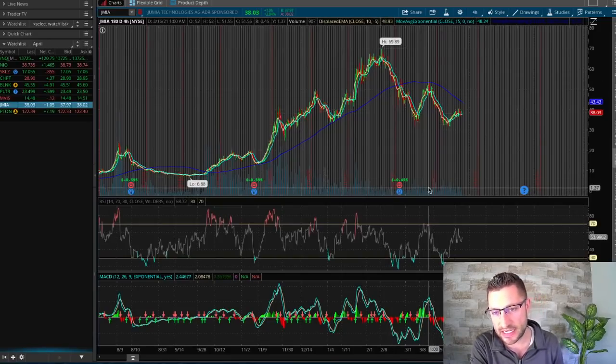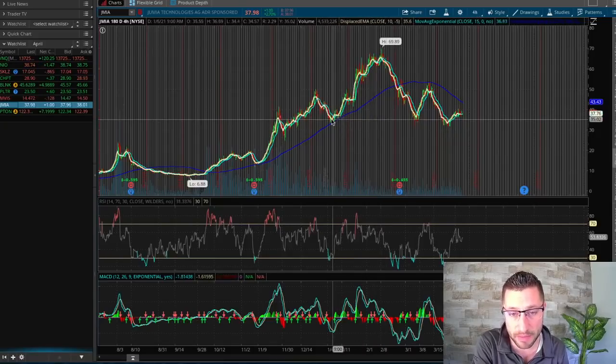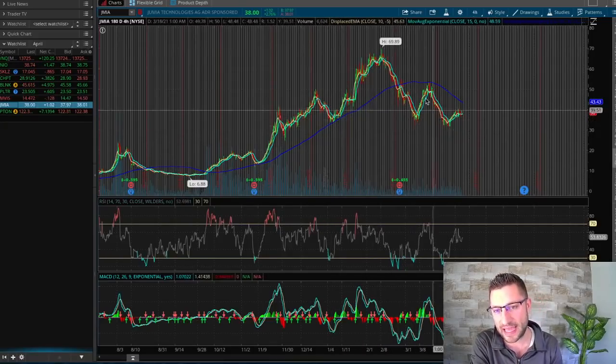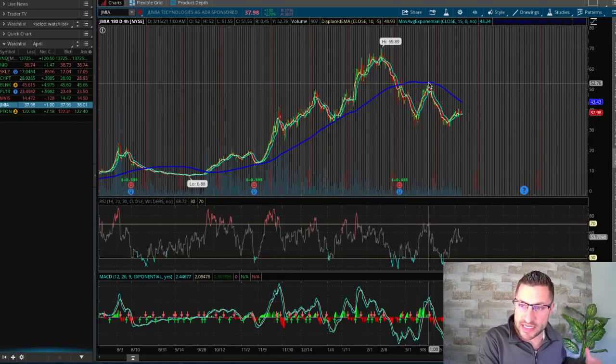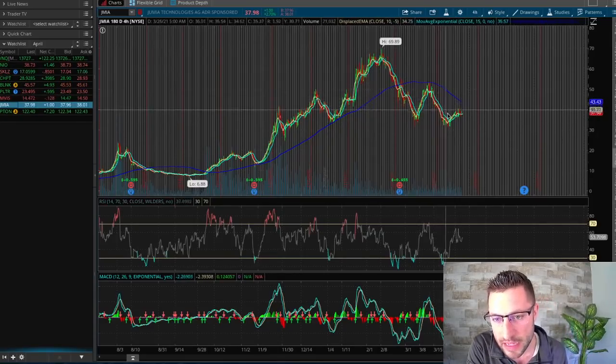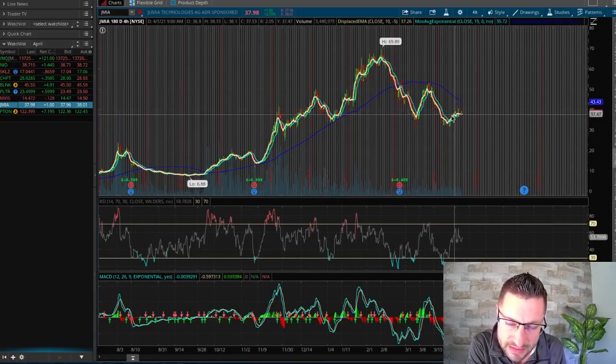All right, it's currently sitting at that $38 mark. It reached what seemed like a support around that $35 range. Okay, that previously had it here, bouncing off the 180 moving average. It hit that again, pulled up all the way till it hit that 180 moving average, which acted as a resistance now at that $53 level. Came back down to about that $34, $33 mark, and now it is beginning to push